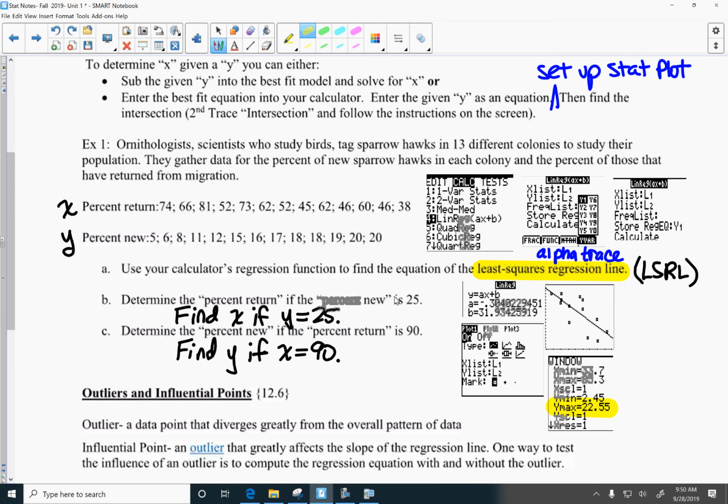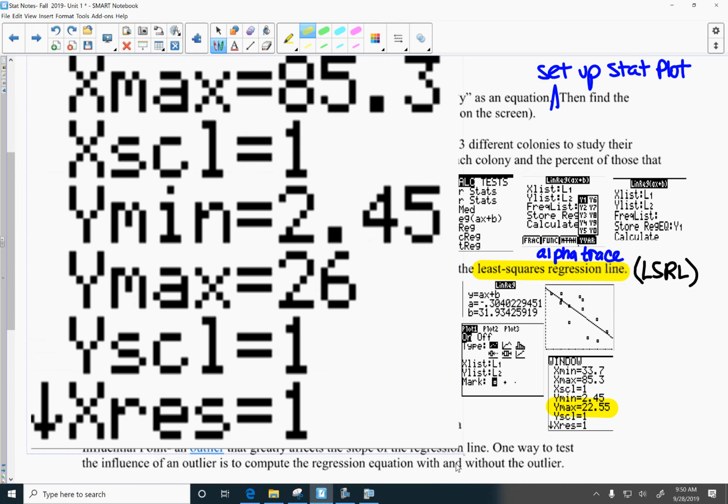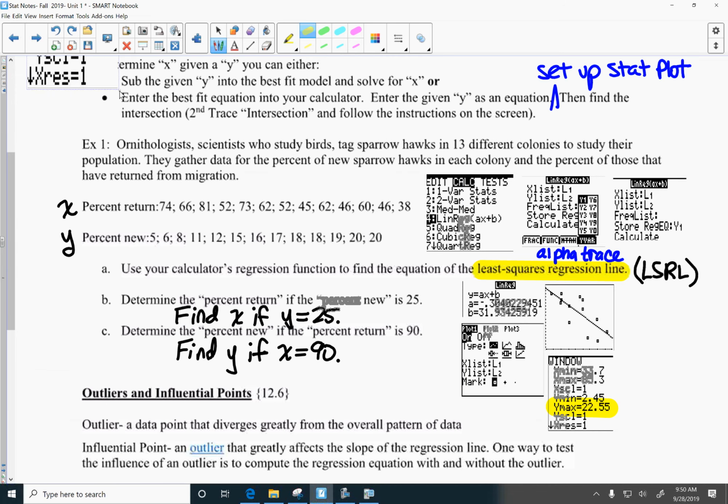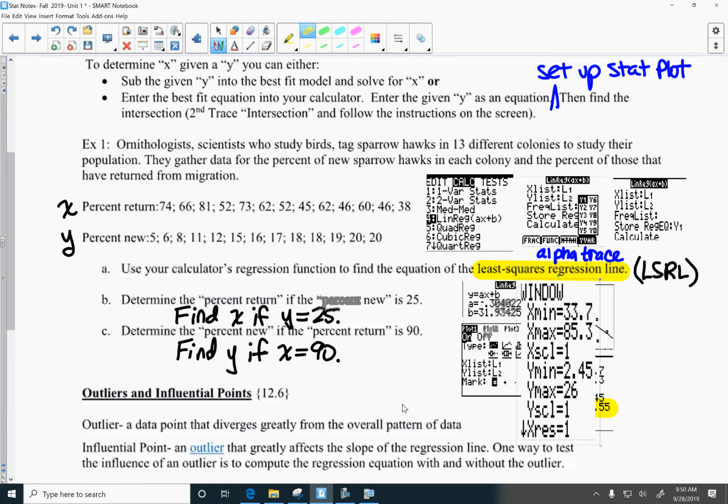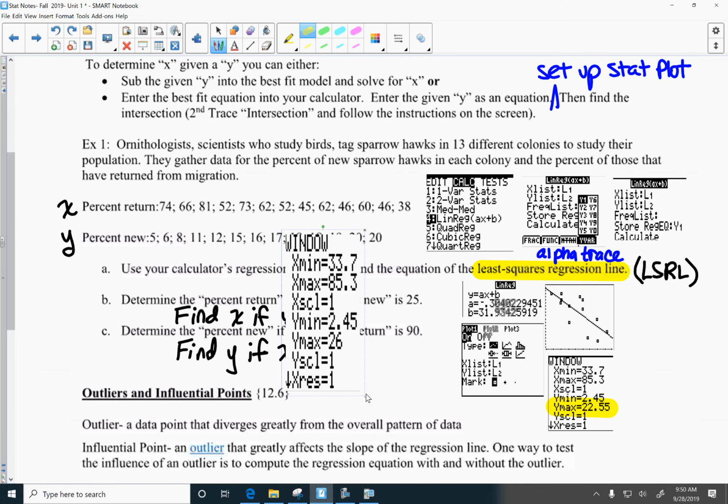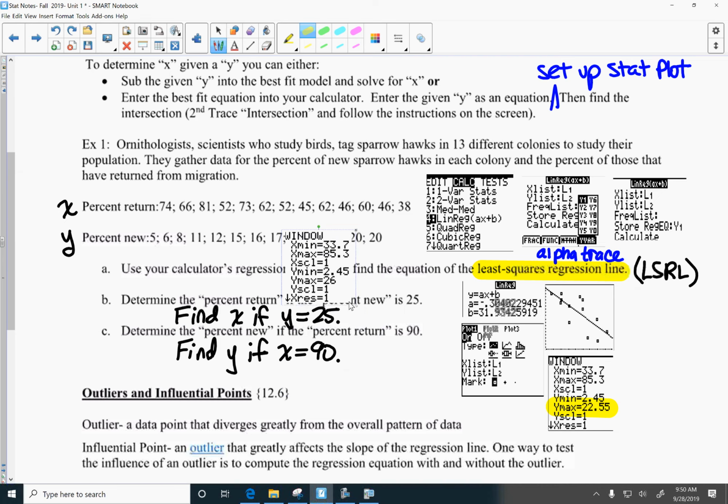Hit clear, or you can just overwrite it. If you start typing, it'll overwrite the values that are there. Clear to give yourself a nice blank slate. All right, so